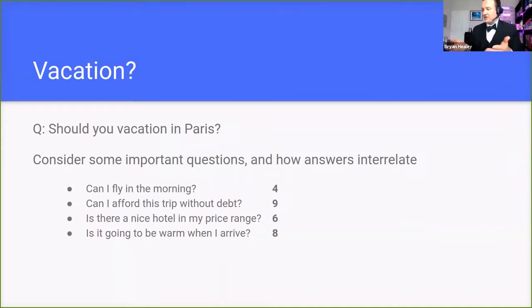So how's the friend going to decide what to do with this information? Well, there's a couple of things. First, because they're in a silo, they don't know the whole picture. They just know what's in front of them. They need to, on their own, determine how important the question is.